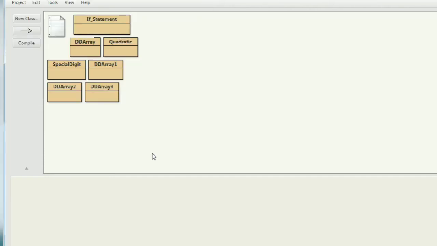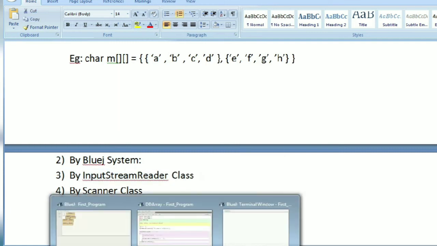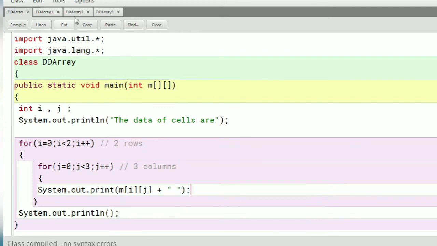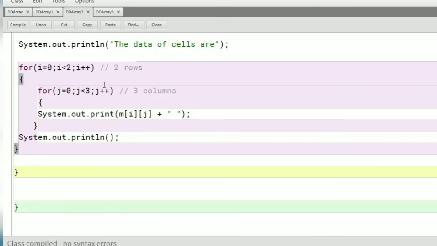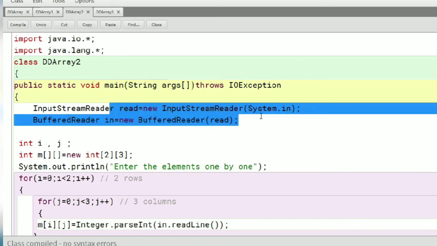Now third is the input stream reader class. Let's see a quick example for this also. With the input stream reader class you have to import the io package, and create objects of the input stream reader and buffered reader classes.